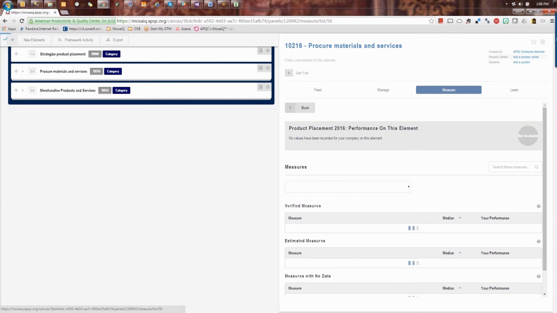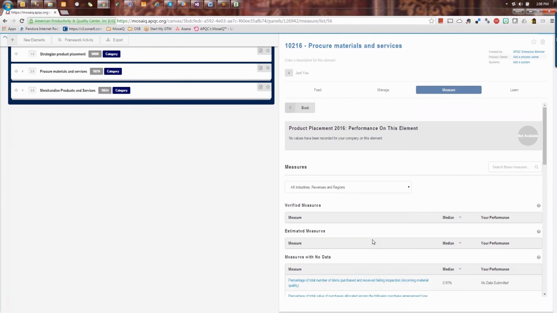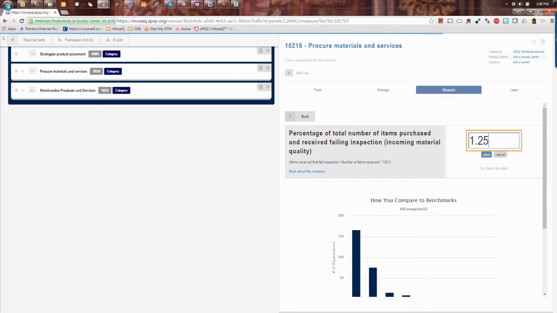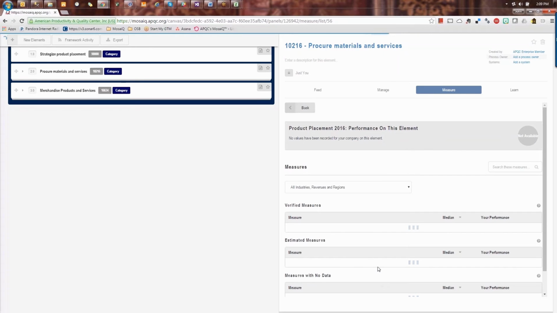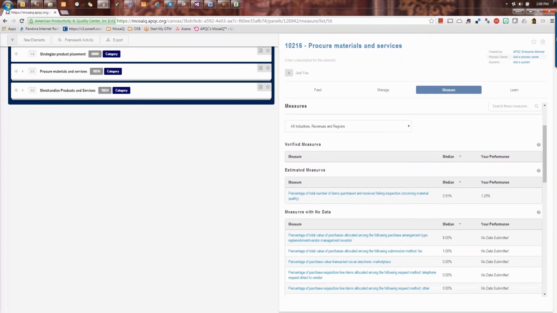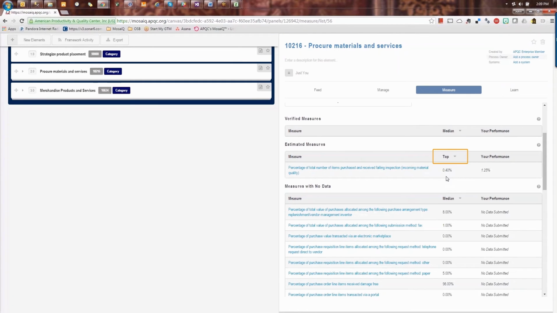Once it's created, you can enter your estimates or even link up your participation in one of APQC's open standards benchmarking assessments to this entity. For this element, let's enter an estimate of this entity's performance. This estimate can then be seen on the Estimated Measures section for this entity on this element. With this performance data entered, I can see how I compare to peer groups, including the top, median, and bottom